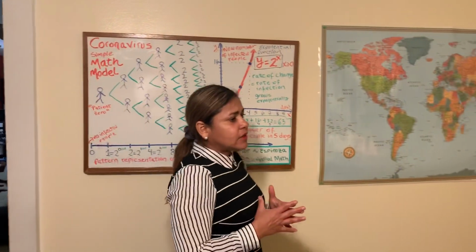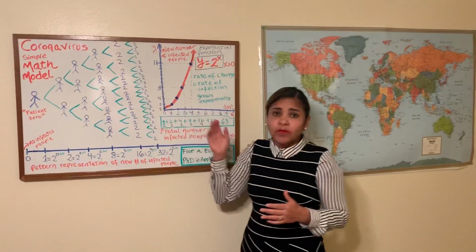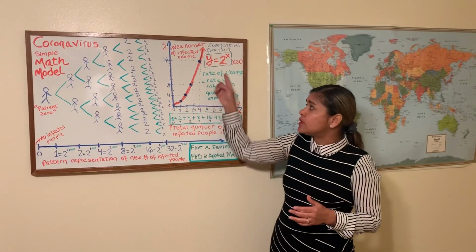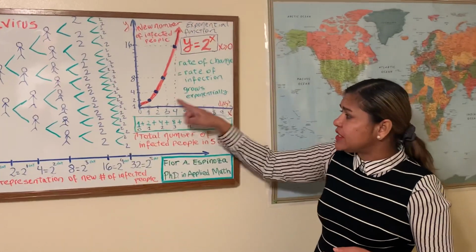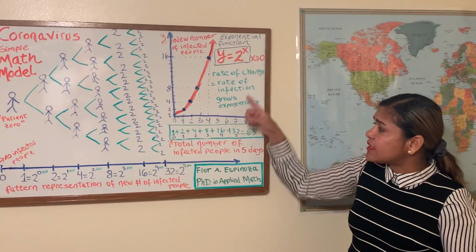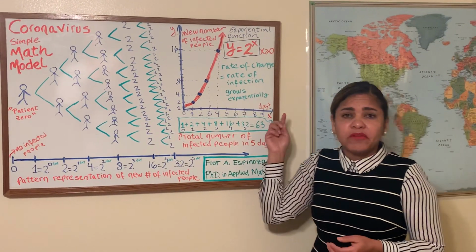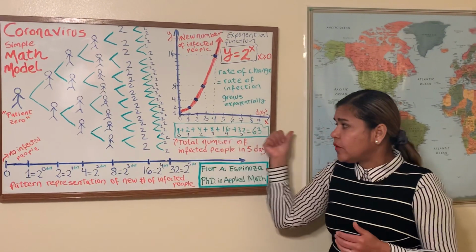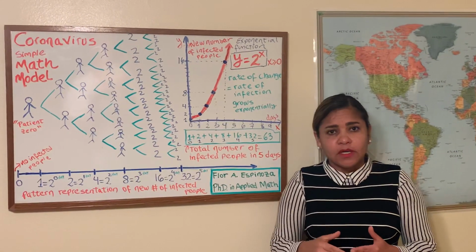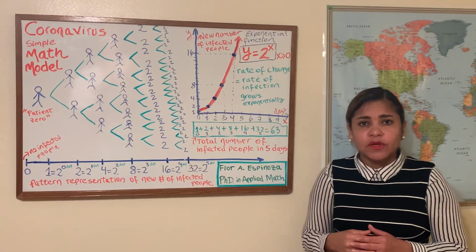The other thing I would like to emphasize about mathematical models, that they help us, once we have a formula model, we can make future predictions. For instance, with this formula y equals 2 to the x, we can find the number of infected people by the 10th day. And so, how far can we go in days? Well, it depends on the total number of population and the